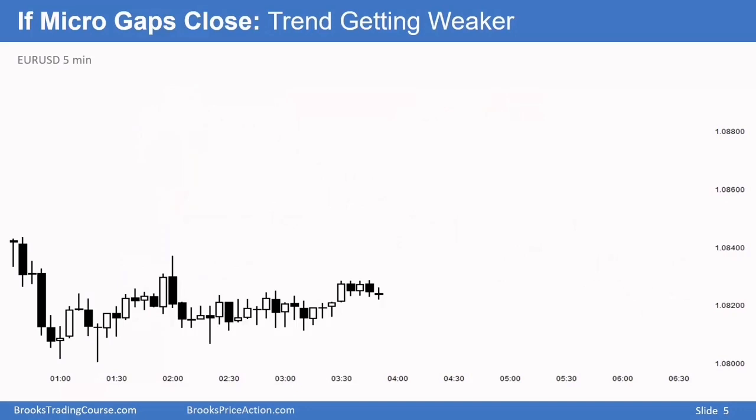5-minute chart of the euro versus the dollar. A big bear bar, and therefore I look at the low of the bar before, a potential breakout point, and I look at the high of the bar after, a pullback. And here the gap closed. Another big bear bar. I look at the high of the bar after, the low of the bar before,